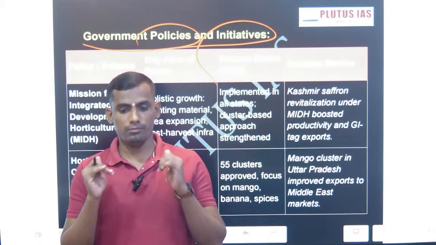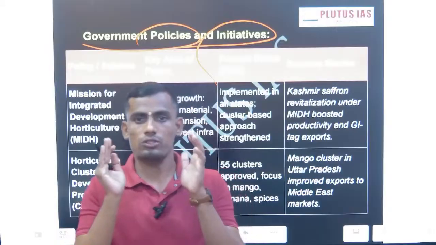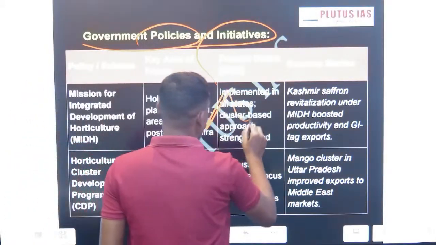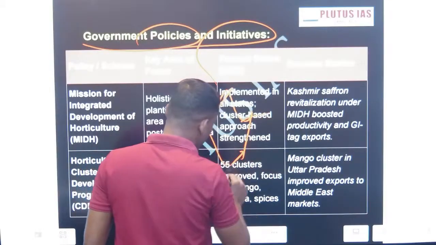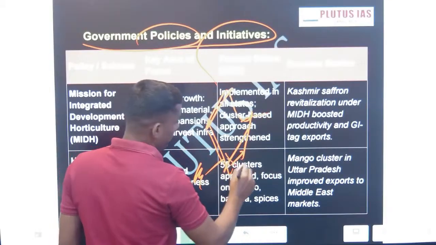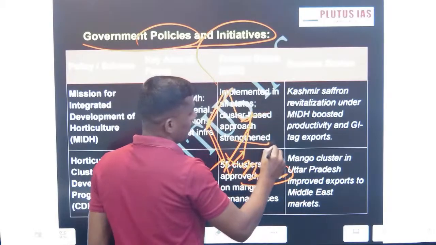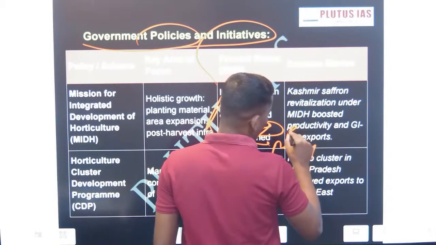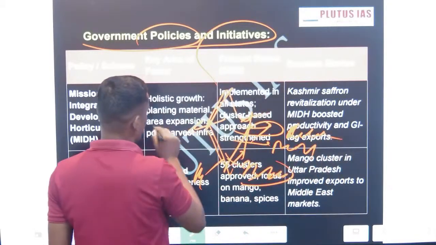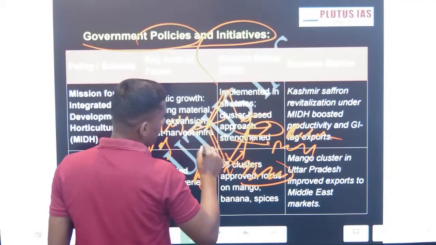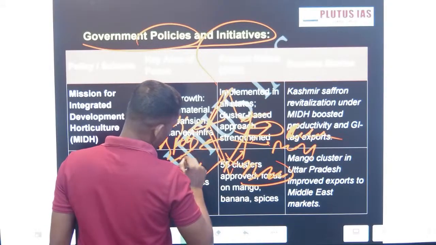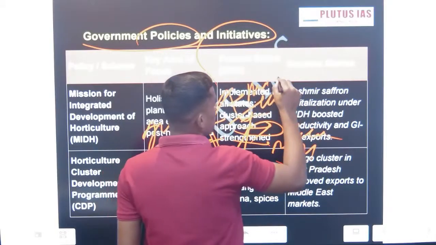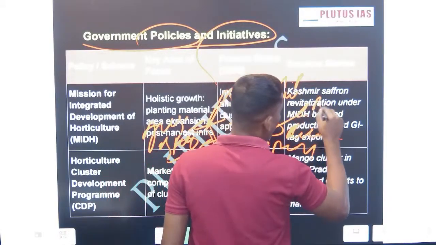The government has launched more or less too many policies to focus on horticulture, and I have mentioned the basic example earlier also. Draw the map here. What Kerala contributes, bananas of Tamil Nadu, then mangoes of Andhra Pradesh. Then you can mention the flowers of Orissa. Here also you can mention the grasses, ornament farming of Gujarat, then polyhouse farming of Maharashtra. Vegetable farming of Uttar Pradesh. Then once again marigold farming in HP. Here the bamboo farming, bamboo ornaments.